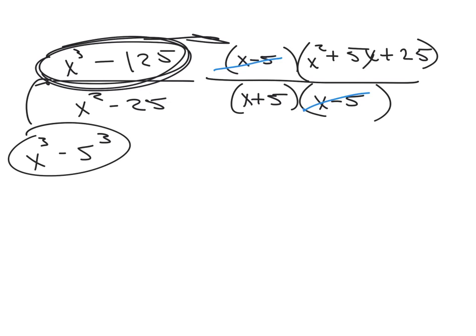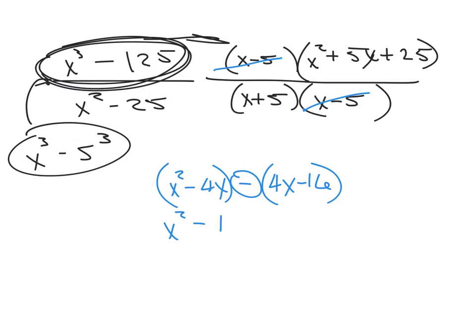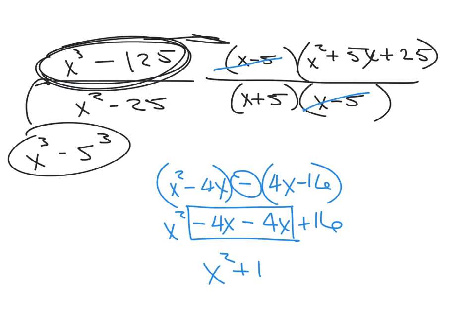49, work each problem according to the instructions. So they want you to add x squared minus 4x plus 4x minus 16. So you just take the parentheses off, combine like terms, and you're done. In B it says subtract. So we have x squared minus 4x minus 4x minus 16. And remember, you take the parentheses off. Signs change. These two brought together give you 0, so you end up with x squared plus 16